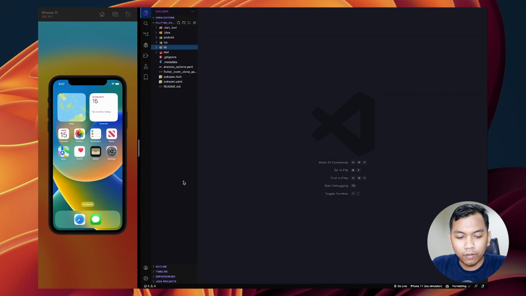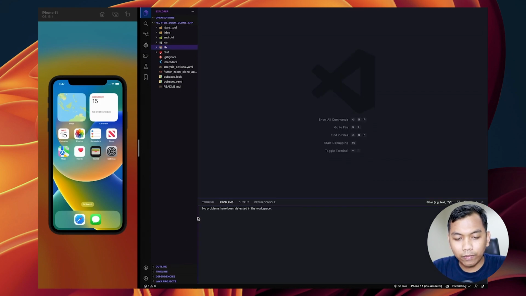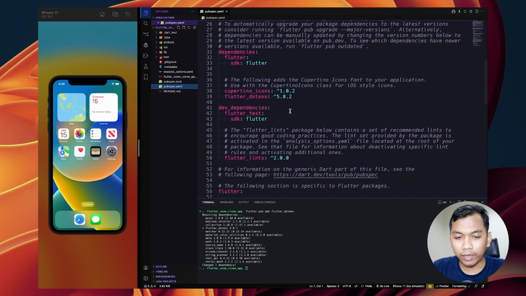So we just go to the terminal and type flutter pub add flutter_dotenv. And as we can see here, we have flutter_dotenv installed right inside this pubspec.yaml.